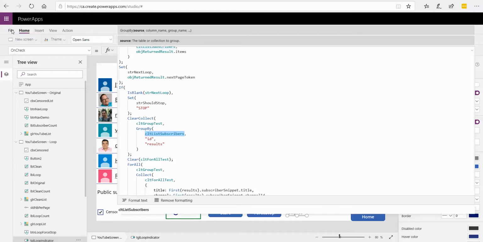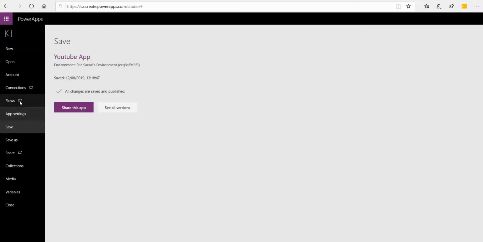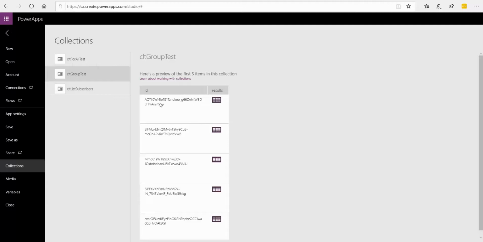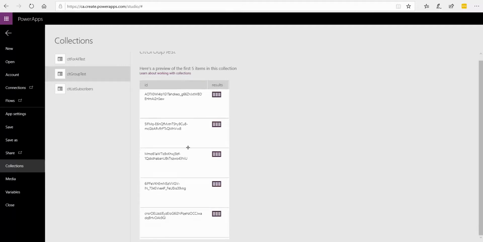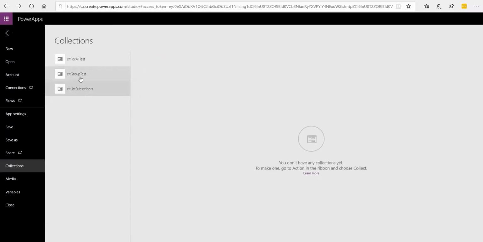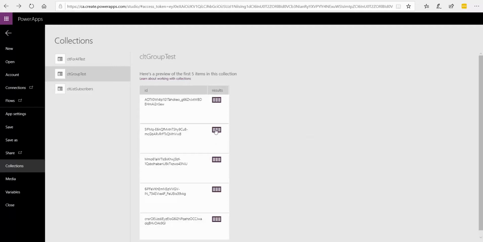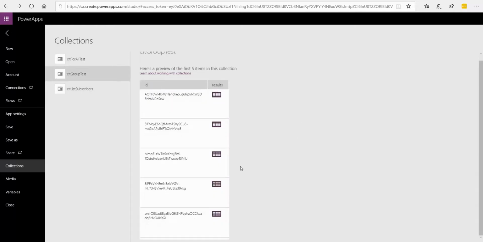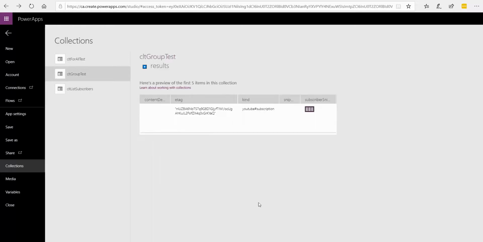So if we go here, collection, group test, what you get is one row, one ID, and then in there you get the results. Okay, so this one has one, but if we go back, let's just go here. I get it here, okay, just one. But the thing is, if I get more results,